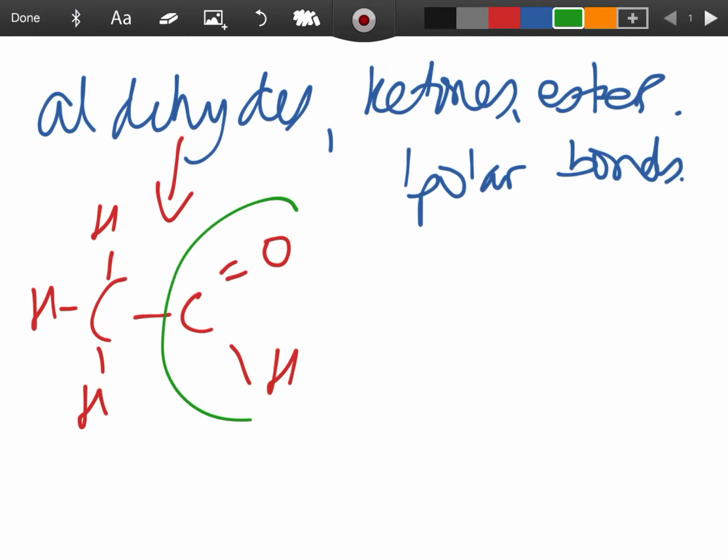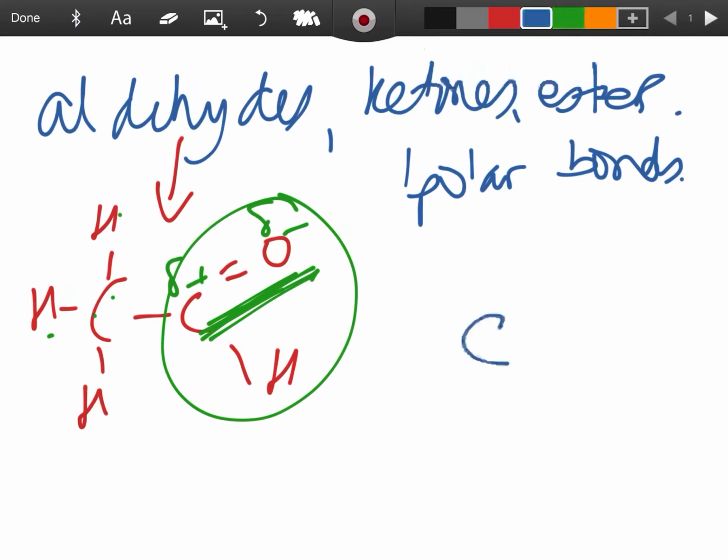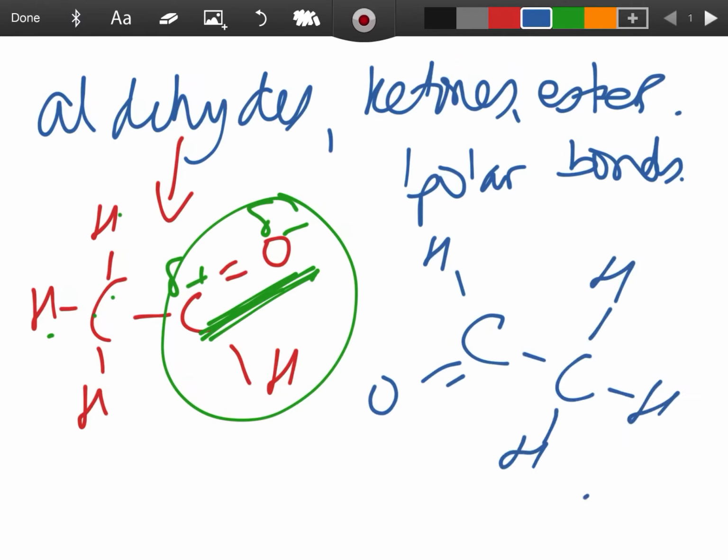So if I draw an aldehyde, say, remember the functional group for the aldehyde was the C double bond O and a H. So there's the functional group. Now, this is a polar bond here. When you look up the difference between carbon and oxygen, it's greater than 0.4. C and H, no, non-polar, but this is a polar bond. So if you have a neighbouring